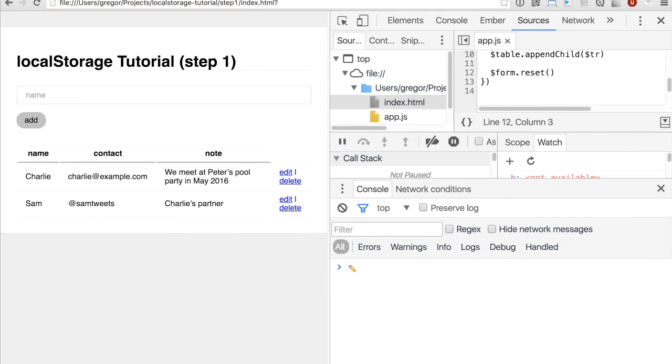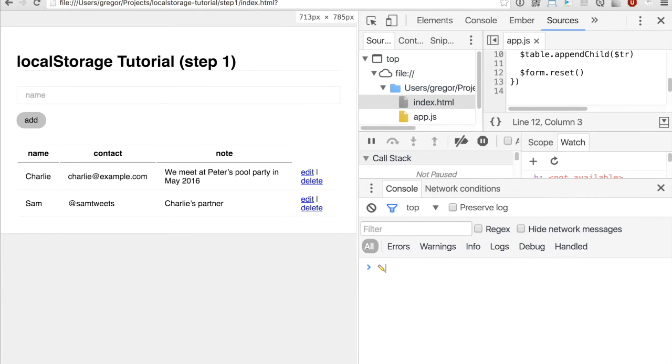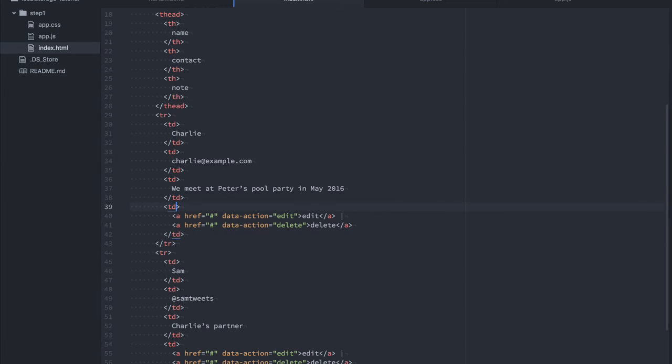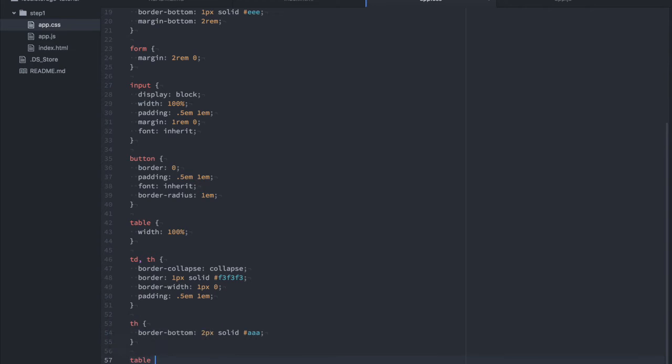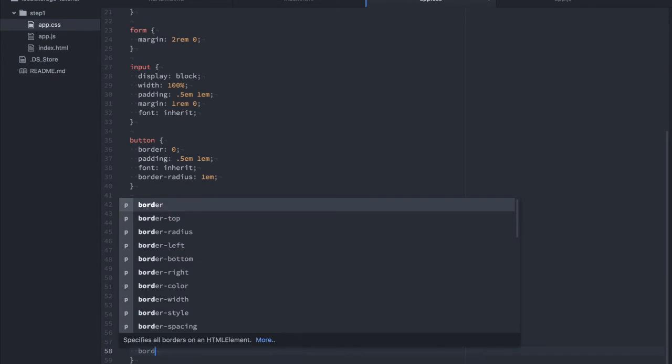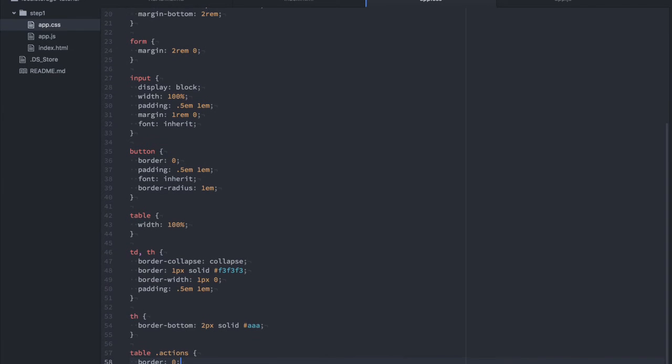Okay, so we see them both here. We see that the border from the header ends too early. But you know what? Actually, that's not too bad, because these are not really data. This is rather actions, right? Okay. So I will nevertheless add a class actions here, table actions. I will say that these have no borders at all. And also,